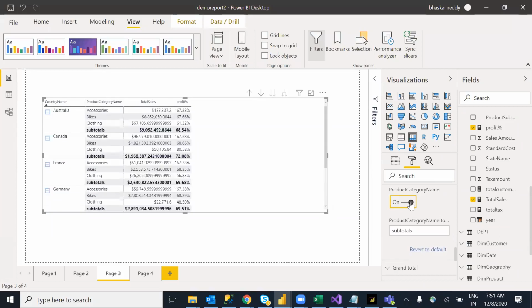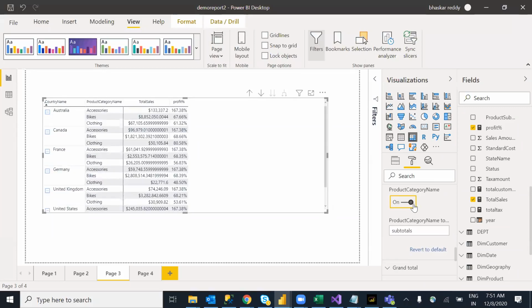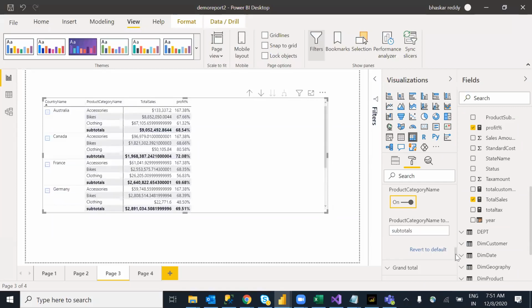Sometimes we can plot category-wise. Either if you want it or don't want it, we can change all those things. That's what we have in row subtotals. All are cosmetic properties: whether you want it, where you want it, top or bottom, and what the font size is.